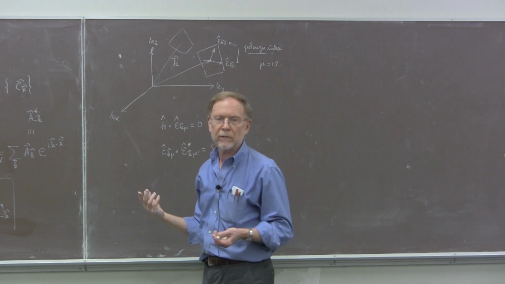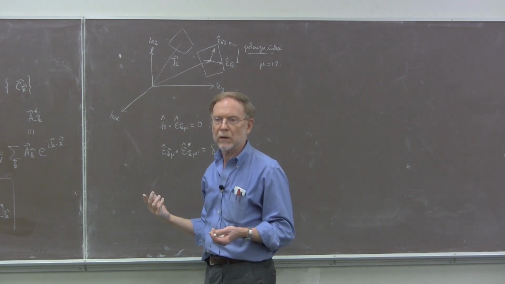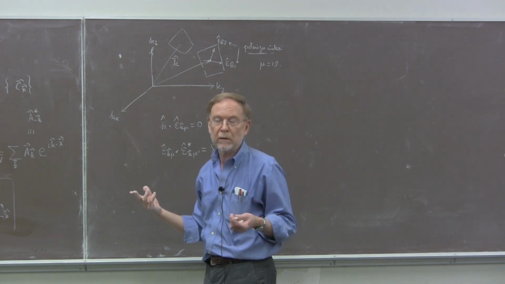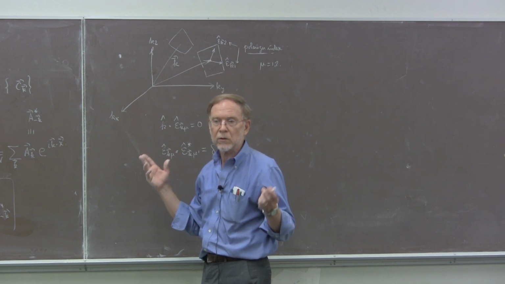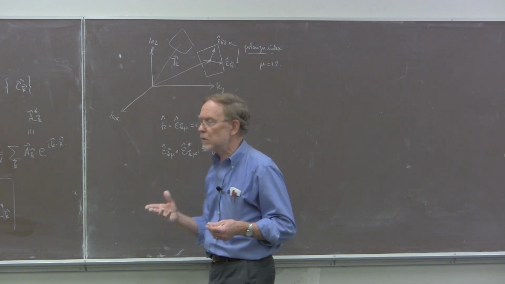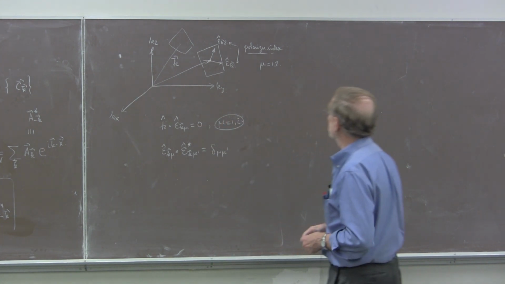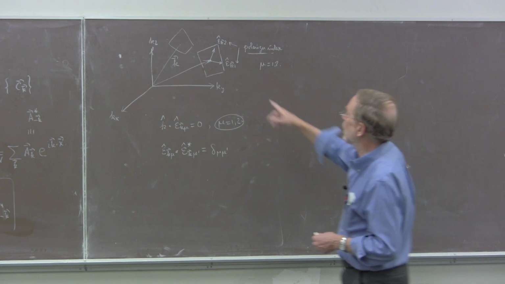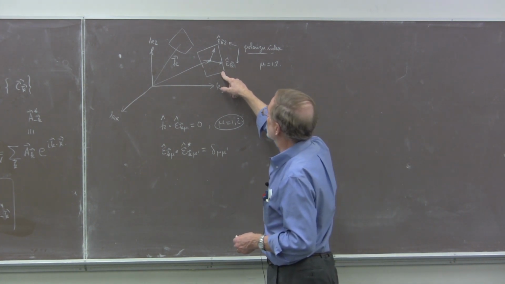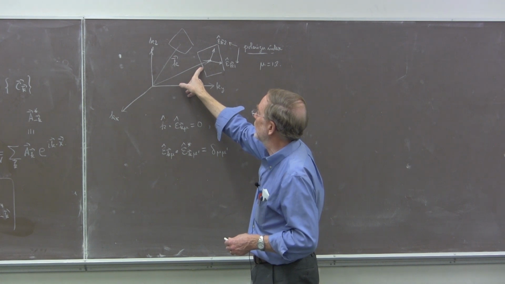There are also states of elliptical polarization if the k's are somewhere in between these two. There's a whole story about polarizations in optics. Maybe you've been through this in Physics 209. But that's what these are. The only difference from what I just described is that it's pointing in an arbitrary k direction now instead of